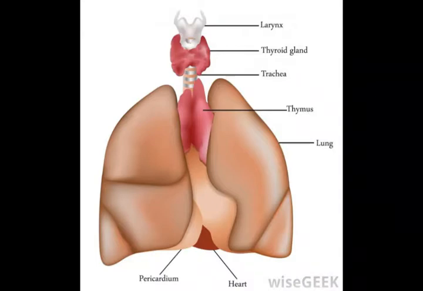A T cell is a type of lymphocyte, or white blood cell, which is involved in the function of the immune system. T cells can bind to various cells in the body to kill off infected cells and attack antigens which could cause someone to get sick. A decline in the level of T cells can indicate that someone is suffering from a disease which causes immune